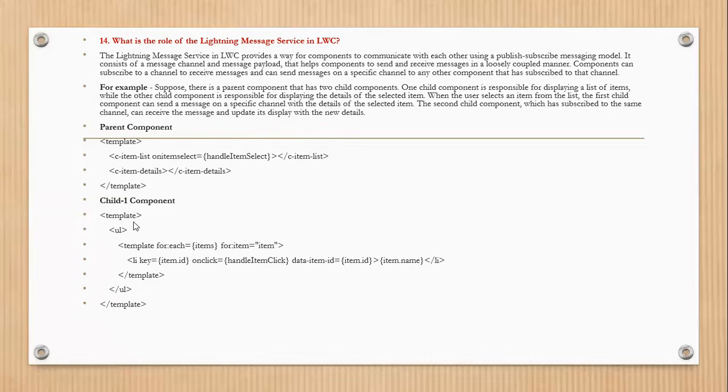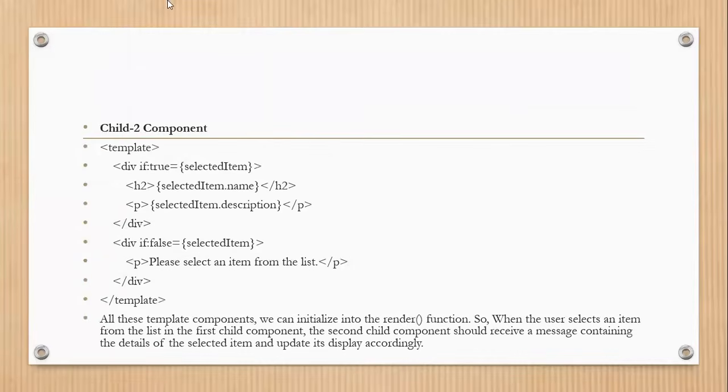Child first component template: template for each items, for each item, key item ID, on click handle item click, data item ID, item ID, and item name, and template UL and template. Next, child second component template: div if true is equal to selected item,